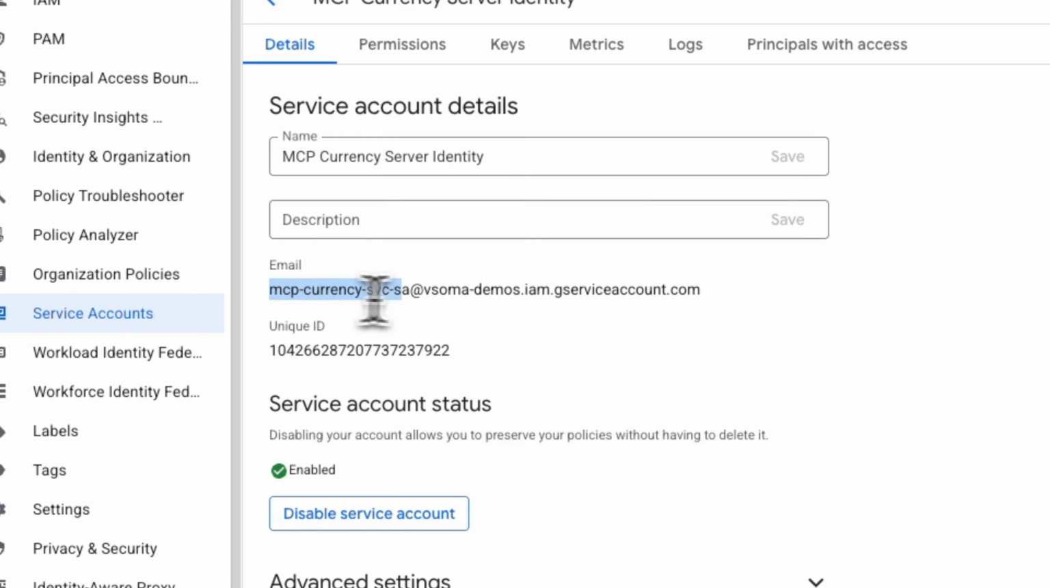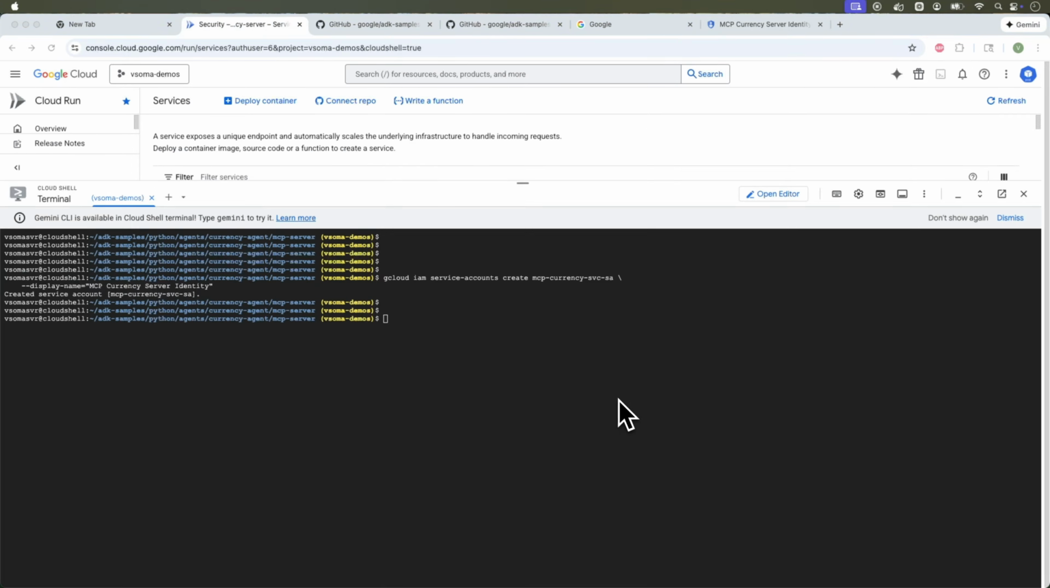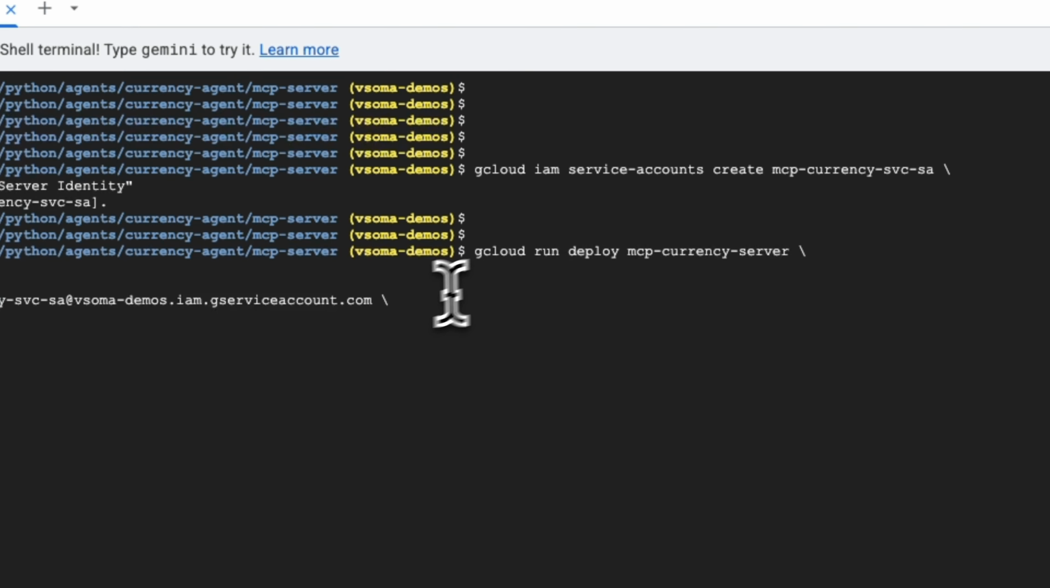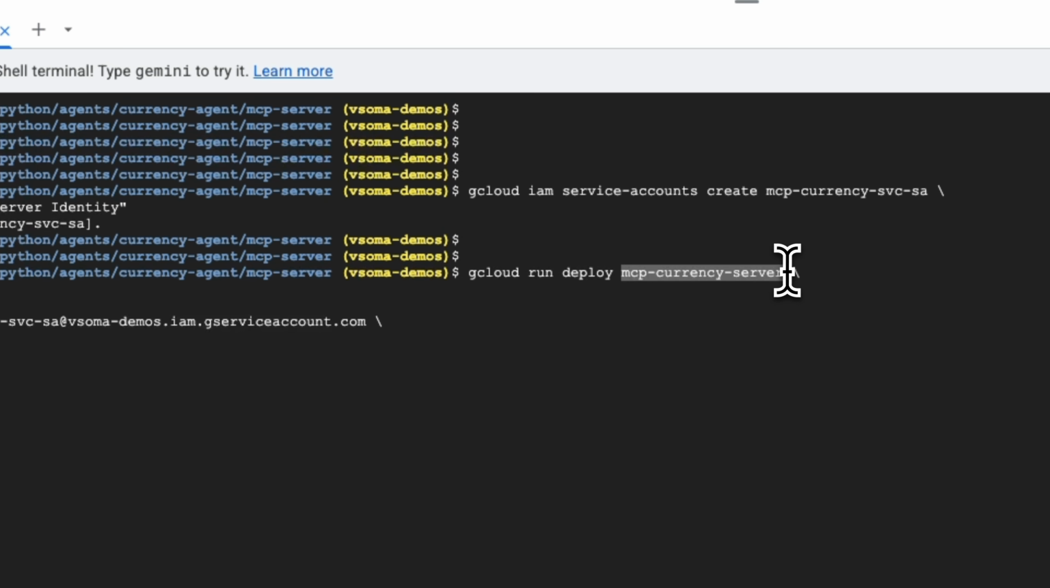So we're going to use the service account in our next command. Let's copy that. Next, we're going to perform the deployment. For that, we're going to use another gcloud command. So here's the command to perform the deployment. If you pay attention to the options that we're passing to the gcloud command here, it's gcloud run deploy, mcp-currency-server. This is the name of the